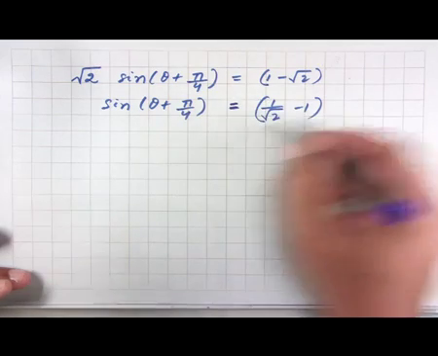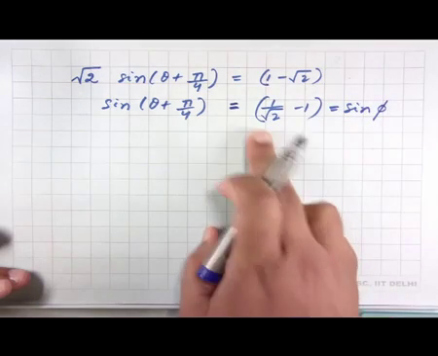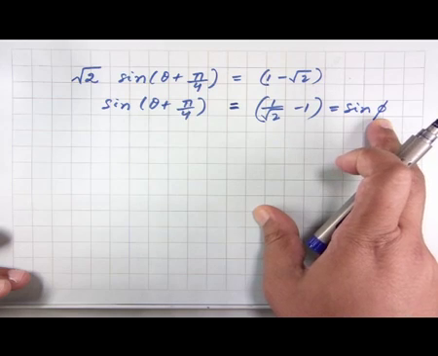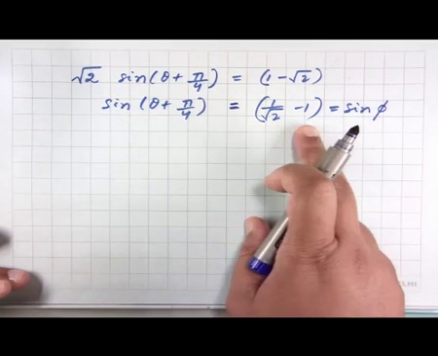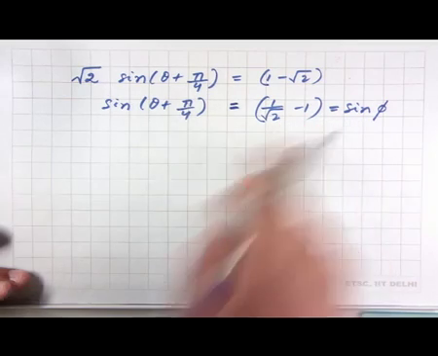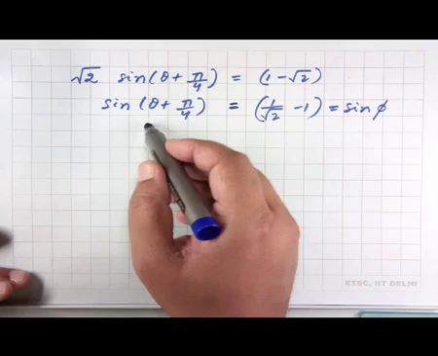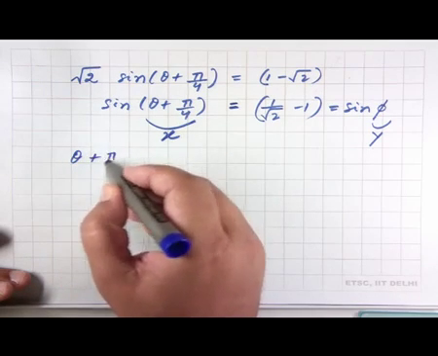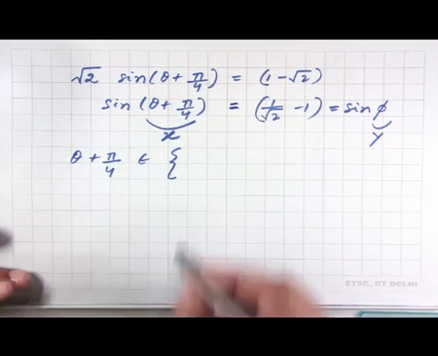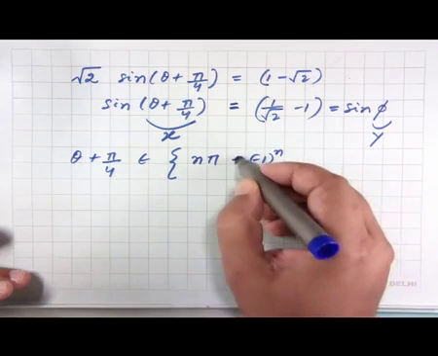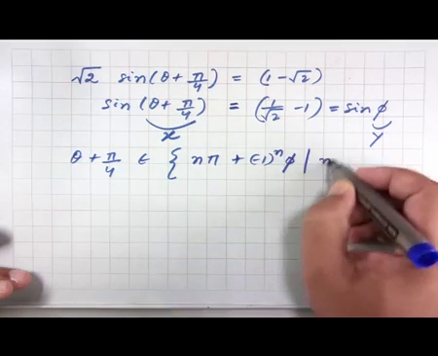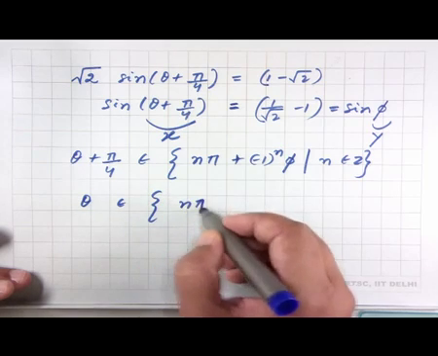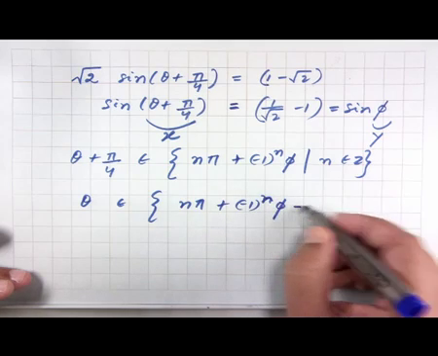And let this be equal to sine of some angle phi, because this value in the braces is between -1 and +1. So, we can always find a value for this angle phi between 0 and 2 pi, such that sine of phi is equal to this value. So, let phi be that value. So, now we again have the same equation of the form sin x is equal to sin y, for which we have the solution that theta plus pi by 4 should belong to the set n pi plus -1 to the power of n times phi for all integer n, and therefore, the general solution set for theta will be n pi plus -1 to the power of n times phi minus pi by 4